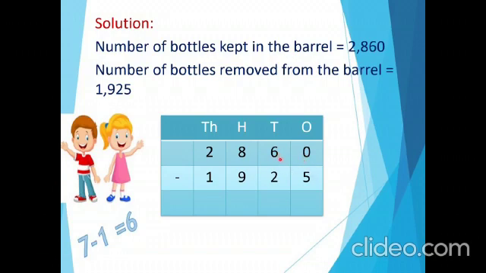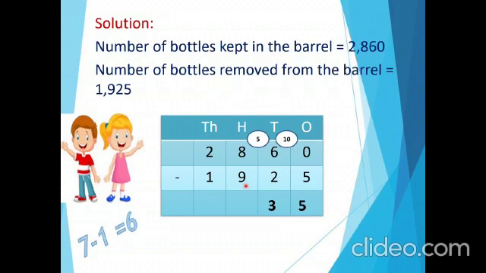I have to borrow from the tens place. So it will become 10 ones. That is 10 minus 5 is how much, children? 5. Moving to the tens column, here from this 6 we already borrowed 1 to the ones place. So only 5 is left. So 5 minus 2 is how much, children? That is 3.